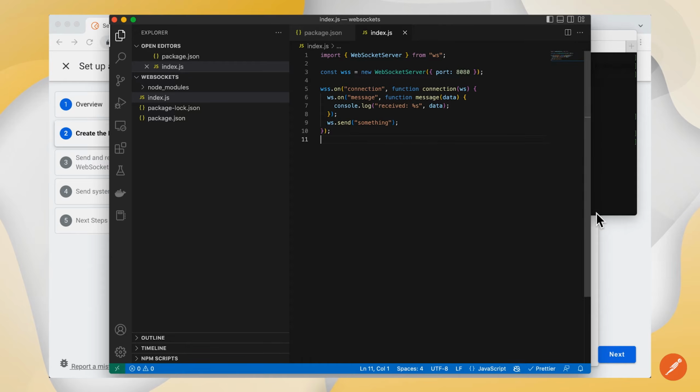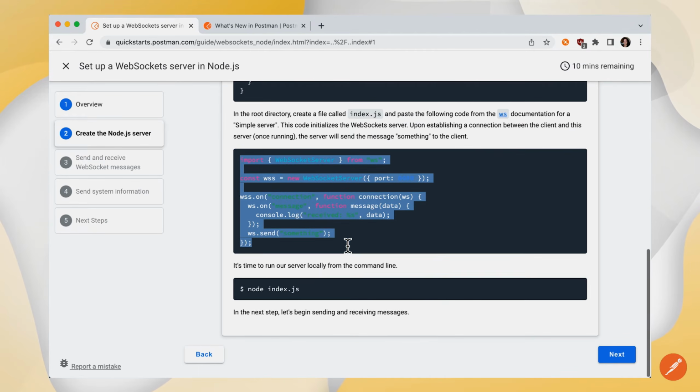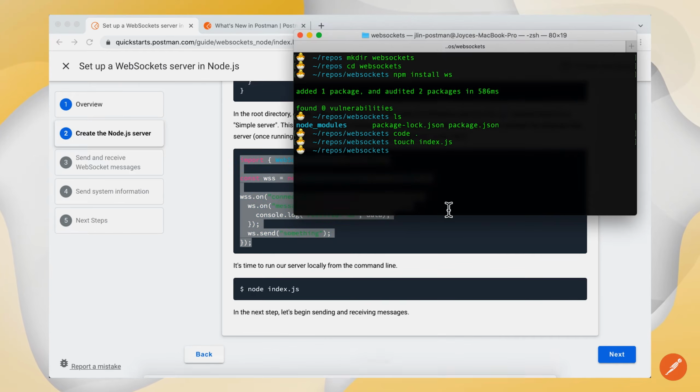All right, and save. All right, now we're ready to run our server locally from the command line. So we'll be using node index.js to run the index.js file. Okay, so we have a server running locally on our machine. Now in the next step, we'll begin sending and receiving messages